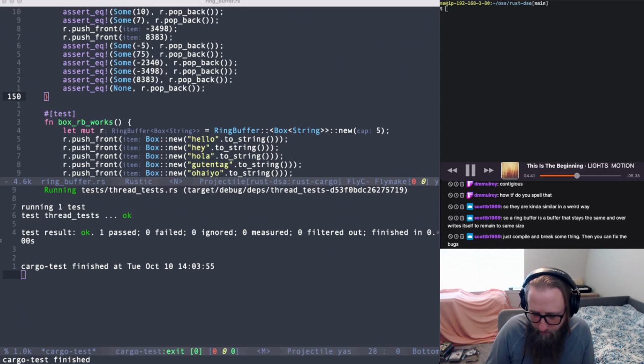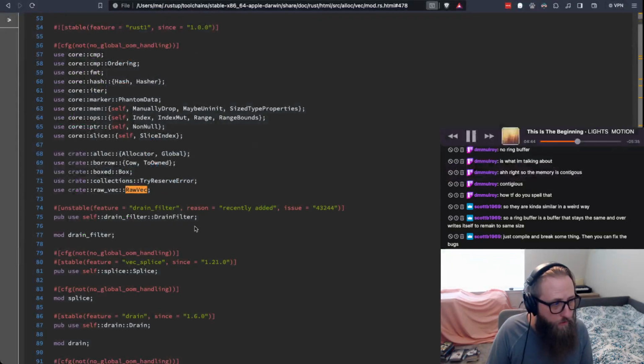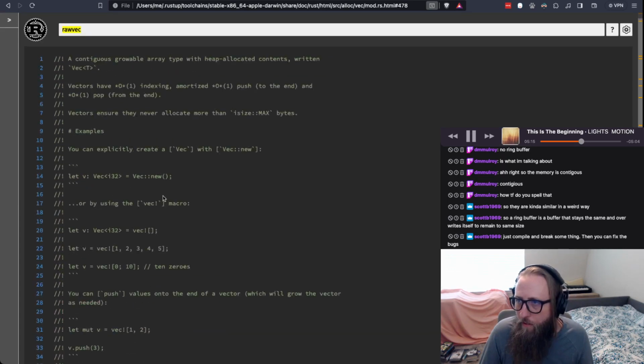What I wanted to look at real quick, what I was in the middle of, is I wanted to see if in the standard library they use a RawVec under Vec and under VecDeque to handle the manual memory allocations. It's just like an extra abstraction. It's kind of like the contiguous memory buffer, right? That's what RawVec is. So I just wanted to look at